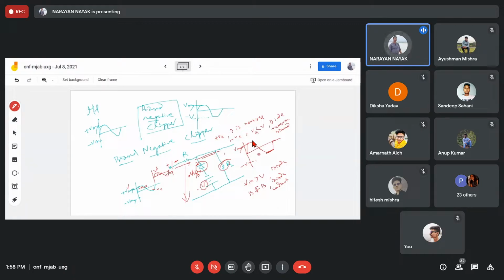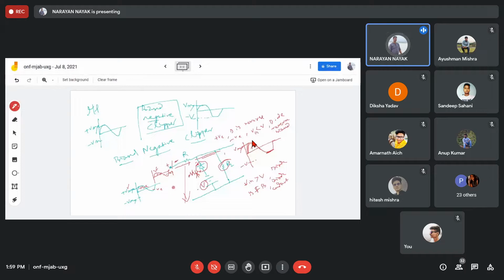So you understood? There are two conditions you are getting. One condition is whenever you are applying the positive power supply. At that time, the diode is in reverse bias condition and it is off, so the current does not flow in this section. The total voltage will appear. Whatever the input voltage you apply, you get the total voltage across the load. In the positive cycle you are getting the total voltage, the same amount of voltage you are applying here appears here.